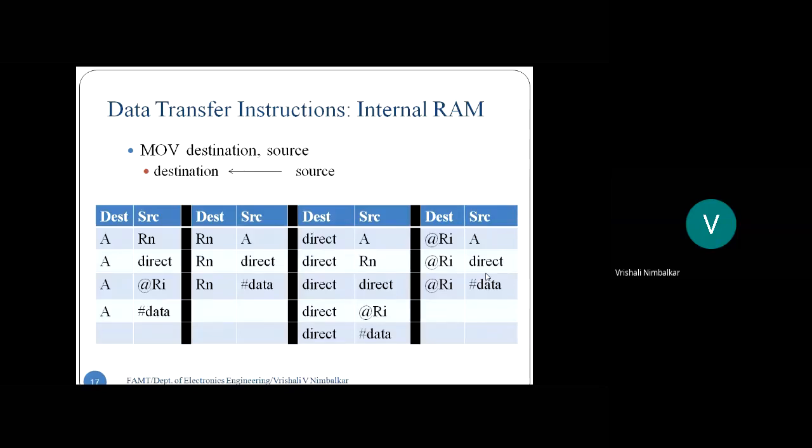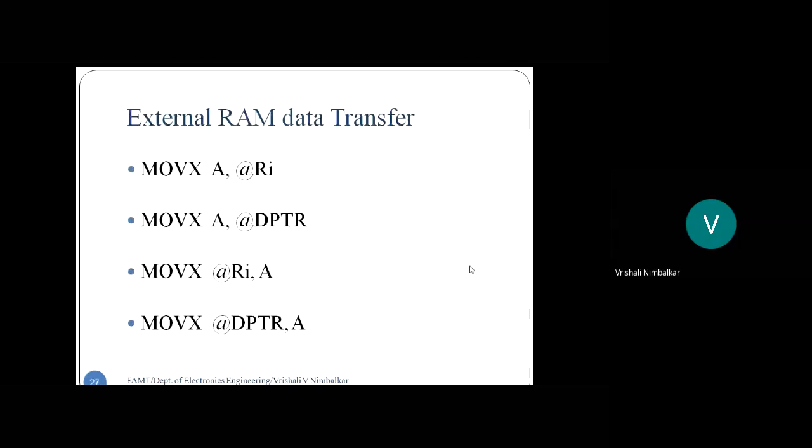Okay. So yesterday we had stopped at external RAM data transfer instructions, right? These are the 4 varieties of instructions related to external RAM memory. Fine. The size of external RAM that you can connect is 64 KB at the maximum, right? From external memory, you are going to read data into the microcontroller, or from the microcontroller, you are going to store data into external RAM.